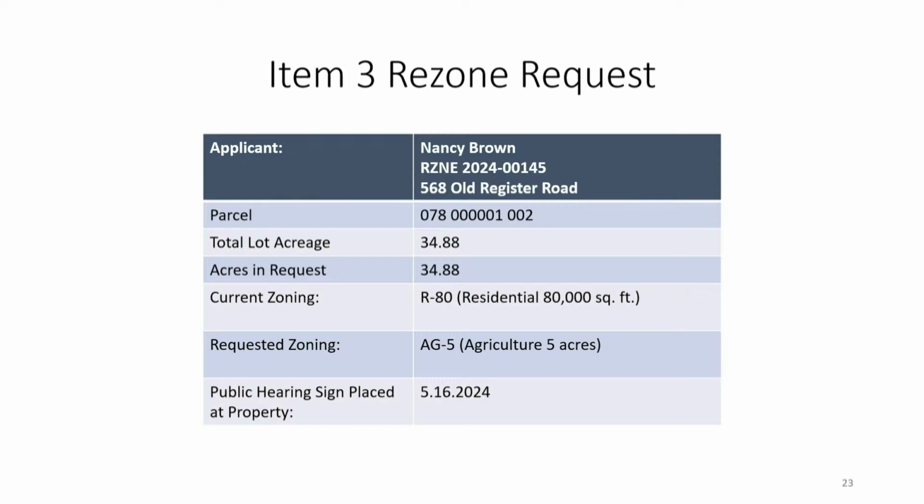The application was made by Miss Nancy Brown, for the additional uses as permitted in Ag 5 zoning, specifically the use of the family provision, which allows for deeding property to immediate family members. The property is located at 568 Old Register Road.